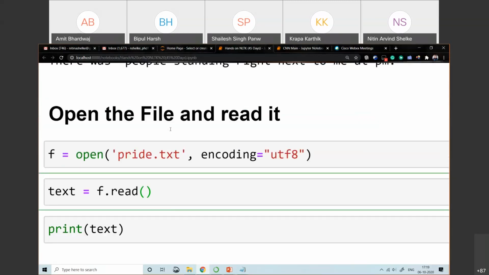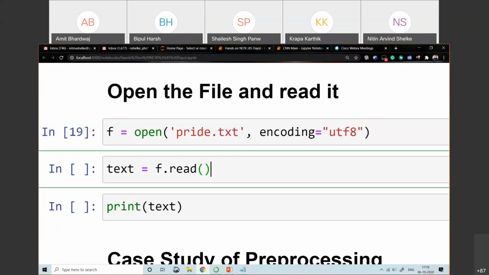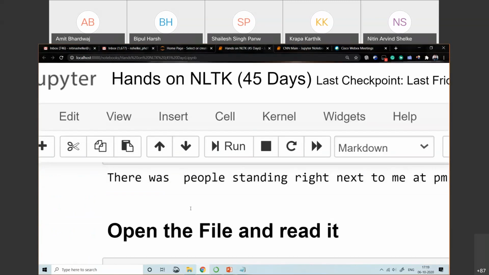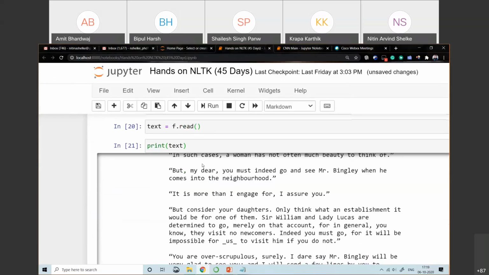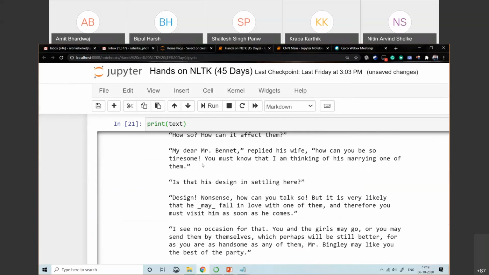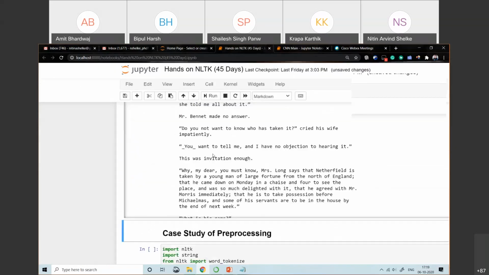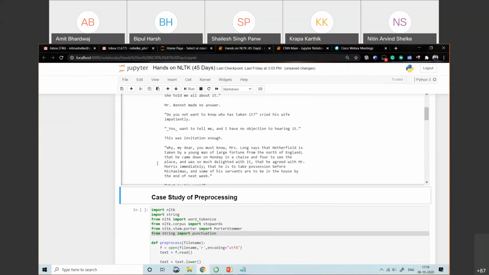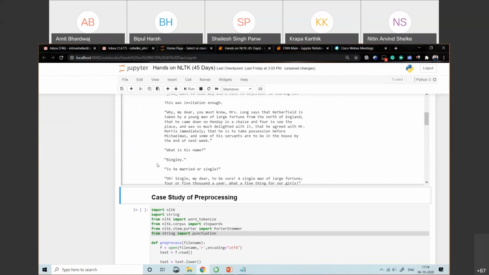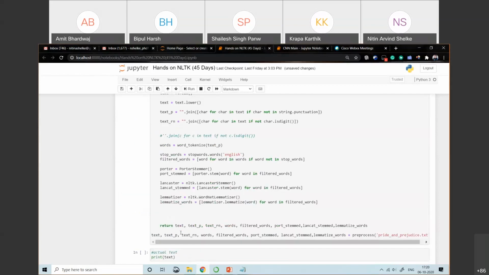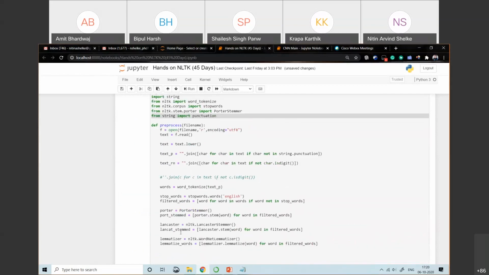Now next is to read the file. To read the file, we have the read method: file.read, and store it into text. Let me print this text. Now I printed the text over here. This is my complete text, chapter 1. Now on this I'm applying the case study, meaning whatever we have discussed, I'm applying over here with the help of this code. In this code, I have applied everything. Like first we read the